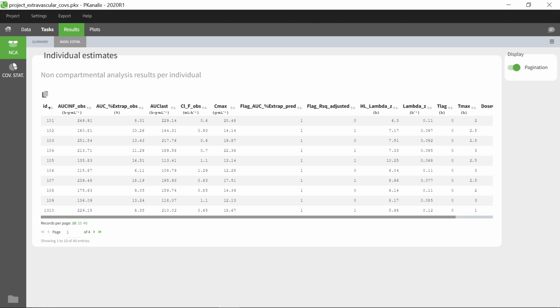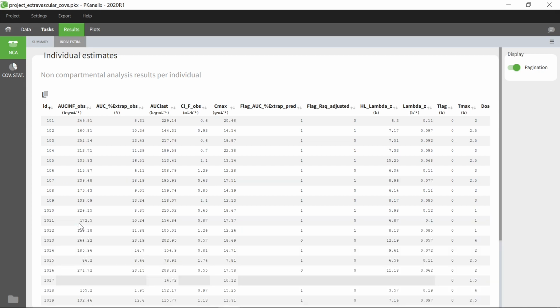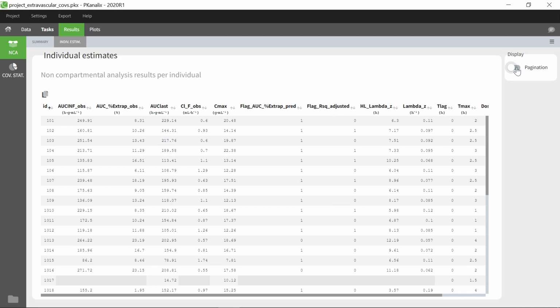By default, only the first 10 records are displayed in the table, and the next records can be seen on the next pages. You can modify the number of records per page, or you can also choose to disable the pagination system to display the full table in the interface with a scroll-down bar. This is especially useful if you want to copy the full table with this icon before pasting it in Excel